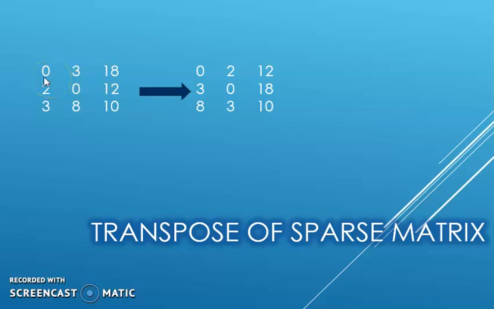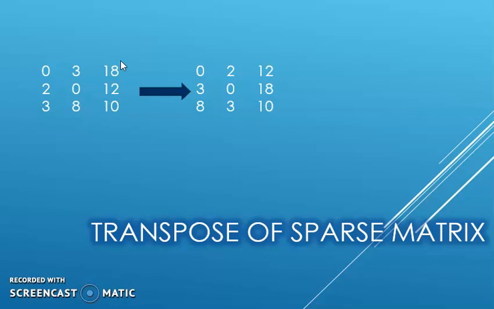What happens here is this will list only the row value, column value, and the original value of the non-zero elements. So 0 is my row value, 3 is my column value, and 18 is the value that is present at this index. Alright. So 2, 0, 12 again states row, column and original value. Then 3, 8 and the value at that position. So this is the compact form of any sparse matrix. We have removed the zero elements in that particular matrix and only listed whatever non-zero values are present in the matrix.